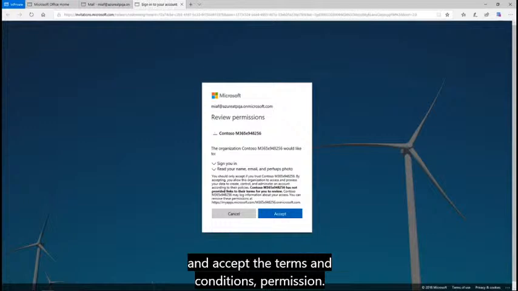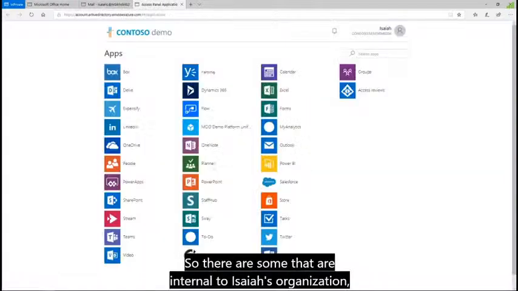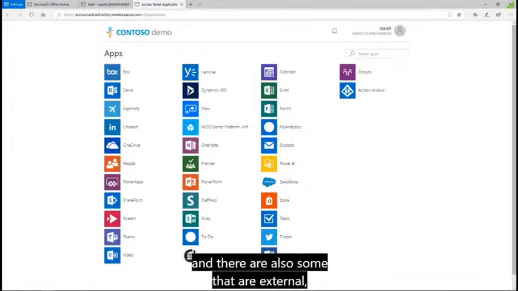There are some that are internal to Isaiah's organization, and there are also some that are external, such as Salesforce, and then we also have Twitter. And given what we've shared earlier, there are also custom applications, such as Woodgrove, and there are also on-premises applications. So clicking on Isaiah and groups,